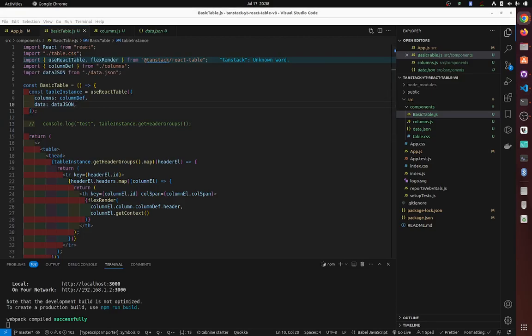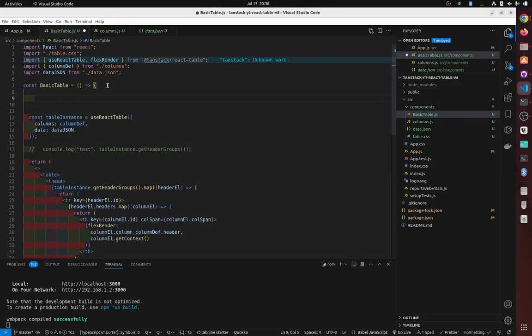Okay, so one thing they are really recommending is that you need to wrap up your column definition and your data inside useMemo hooks, because otherwise every time the table re-renders you're going to re-render the data again. Because data can be, I don't know, a million rows, it can be very expensive to do, so we're going to do const